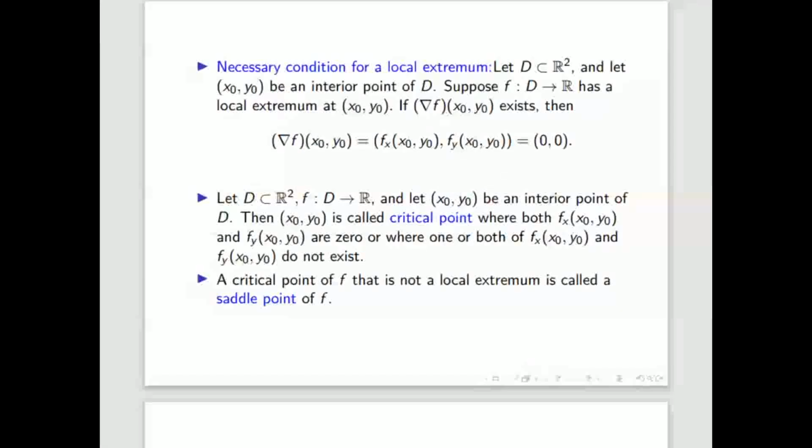So the first derivative test is here. You have to check that the first derivative with respect to x and with respect to y is 0, 0. In 3 variable, with respect to x, y and z, all three should be 0. You will get the point where maxima or minima can occur. It can be a saddle point also.